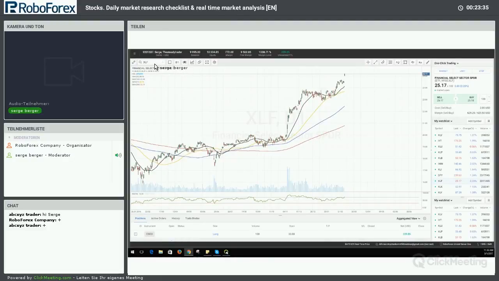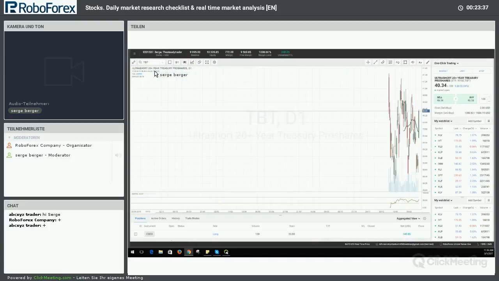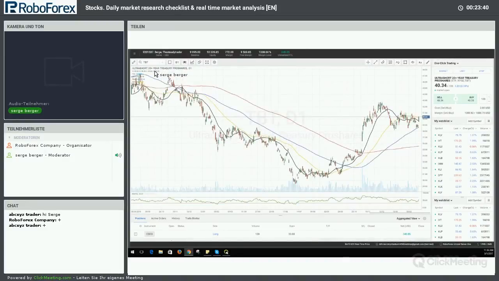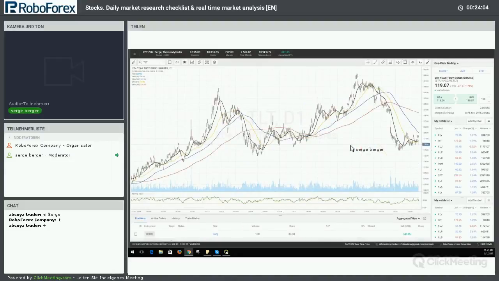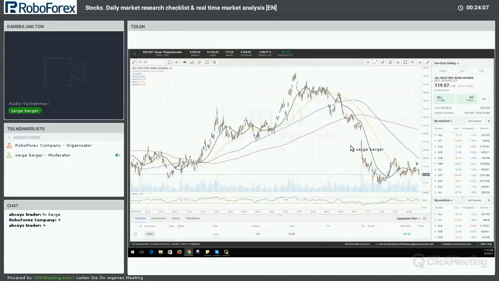So for interest rates, we can look at something like the TBT exchange traded fund, which basically represents bond yields. Okay, so it's long-term bond yields. So we're looking at 20+ year U.S. Treasury security yields. And actually, let me check if the TNX is available on this platform. No, it's not. Okay. Right, as opposed to the TLT ETF, which I would urge you to write down, which is basically representing bond prices in price terms, as opposed to in yield. Of course, yield and price move inversely to one another.